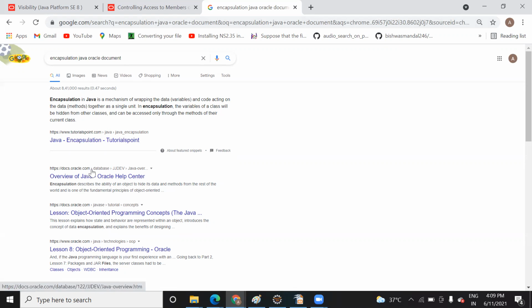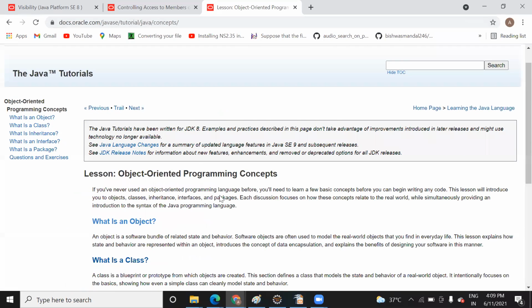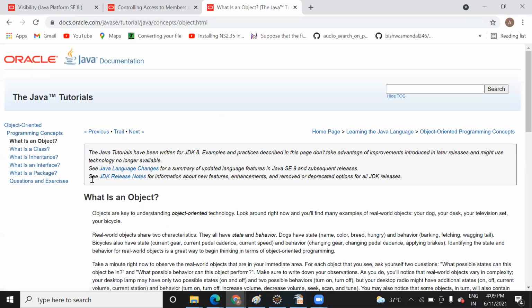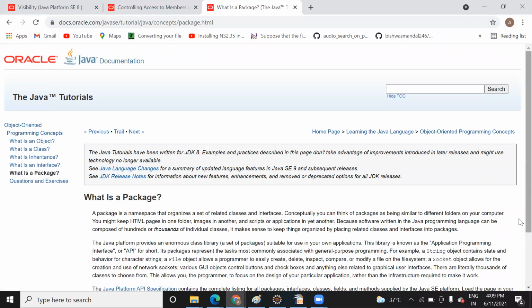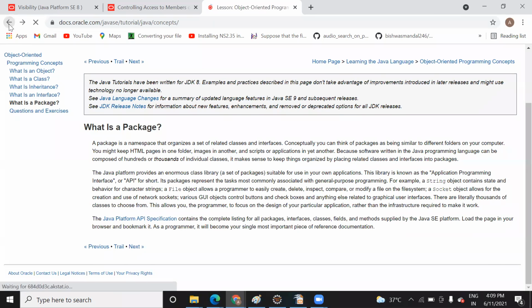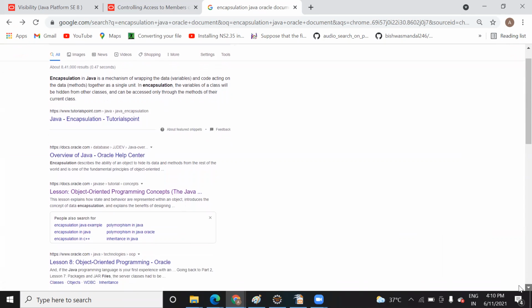Click on that and you can get an idea about class, object, encapsulation, inheritance. You can search about encapsulation and objects and get it from here.